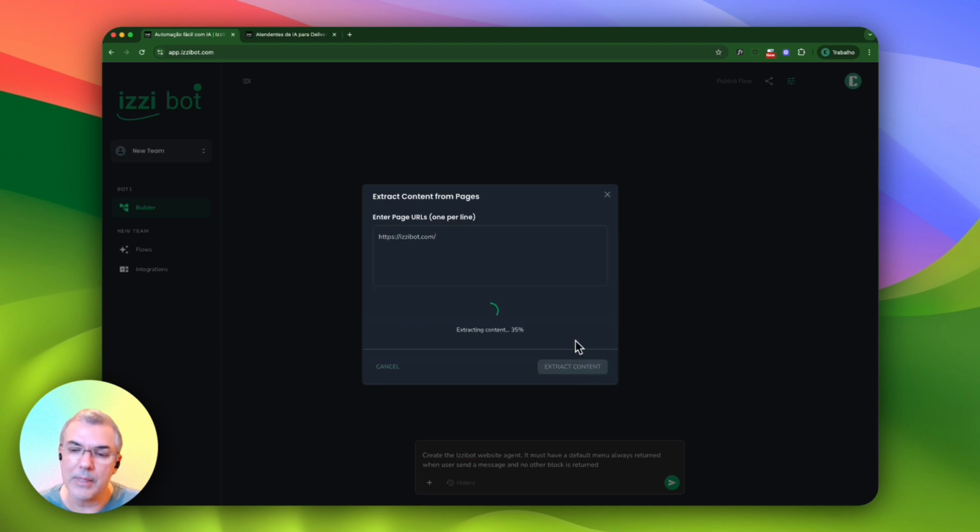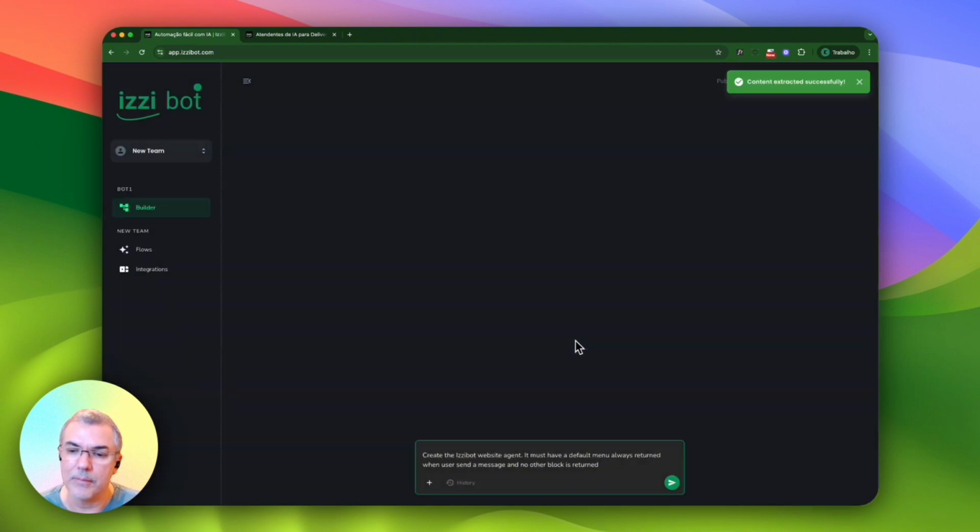This will take some seconds to extract the content from the EasyBot website, and after this, the system will process the information and learn about the page that was extracted. It just finished, and now we can see that EasyBot is learning from the information that was extracted here.